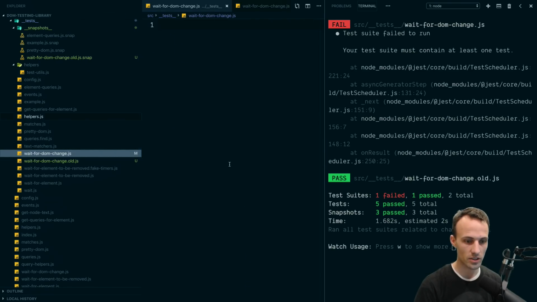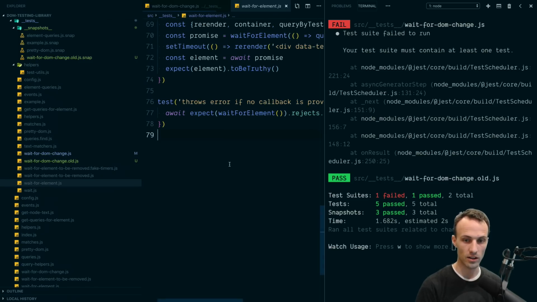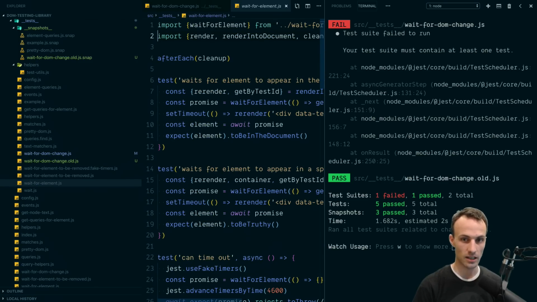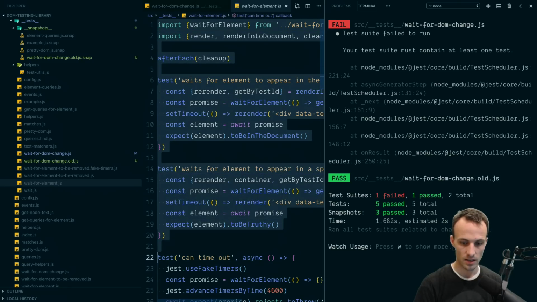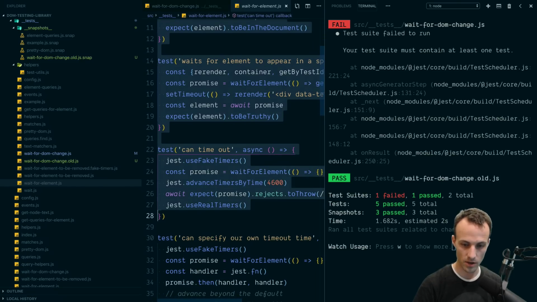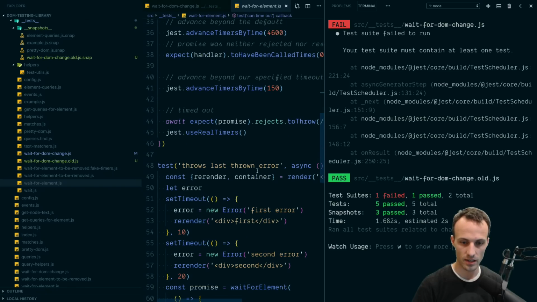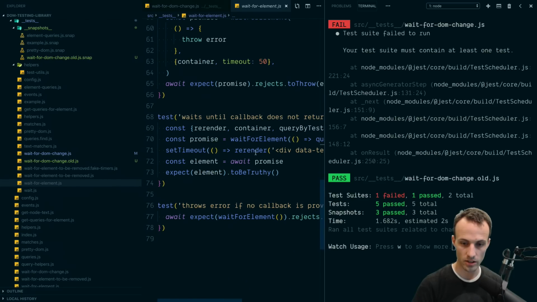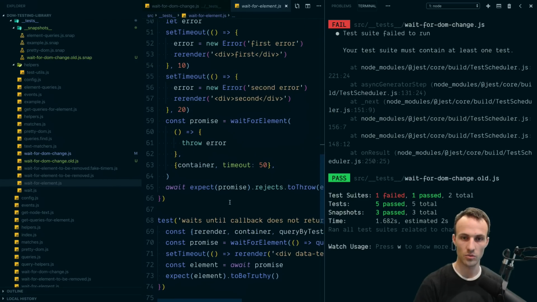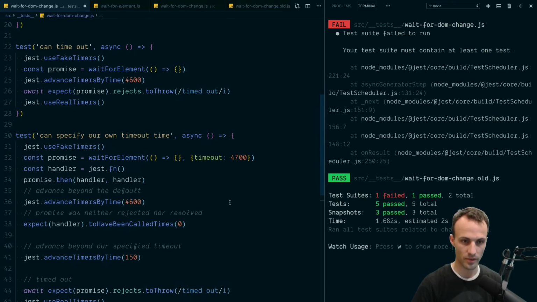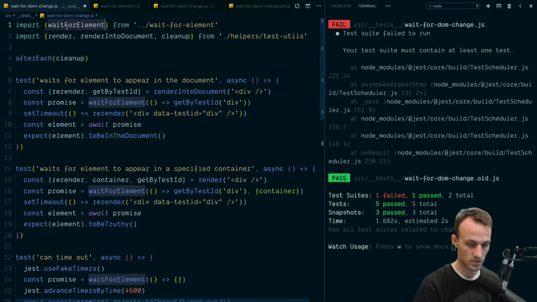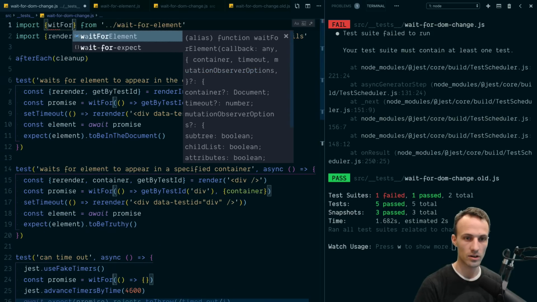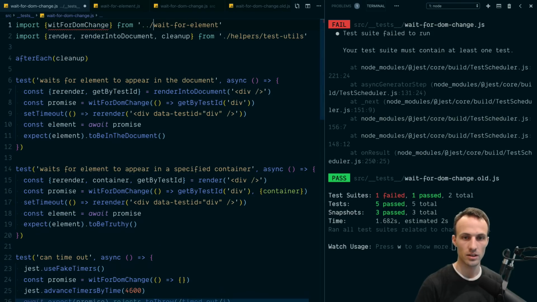So actually lots of our use cases, we can borrow from wait for element, because lots of these we have to check out. Yeah, like we can specify a timeout, and we don't throw any errors, and we don't manage a callback. So yeah, we'll just skip those, but lots of these are going to be the same. So with that, instead of wait for element, I'm going to say wait for DOM change. Waits for the DOM to change